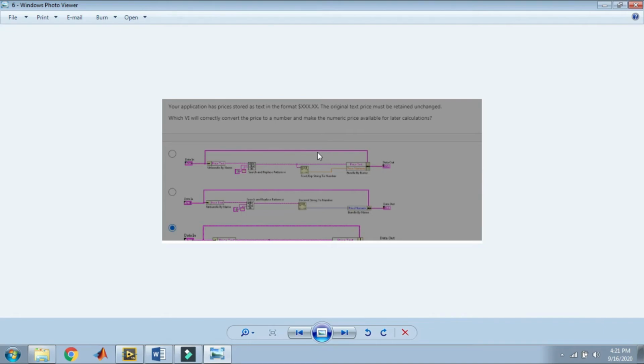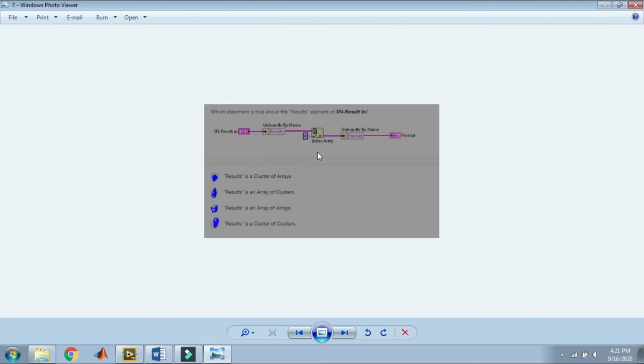Here is the sixth question on strings. Here is the seventh question. The answer of this result is an array of cluster.